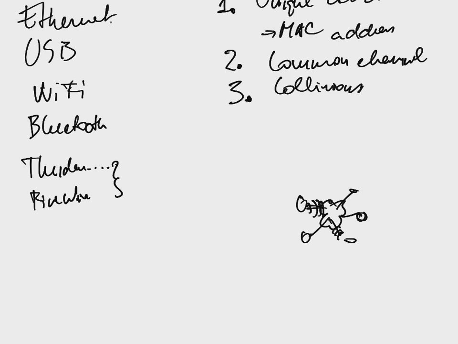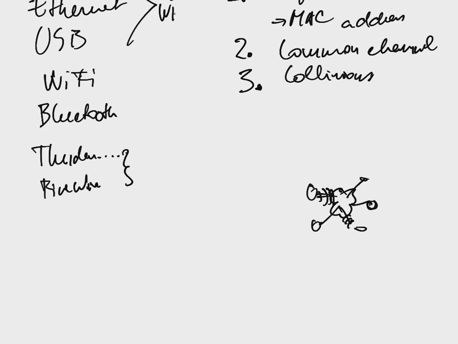And the only difference is the following: USB and Ethernet are wired, and particularly for Ethernet they can also create separate channels. For example, that's how a hub is different from a switch. For a hub you have only one shared channel for all these devices, but for a switch it depends how smart your switch is, but usually it can create as many channels as you have pairs of devices, so that each device through the switch can actually talk inside its own separate channel.